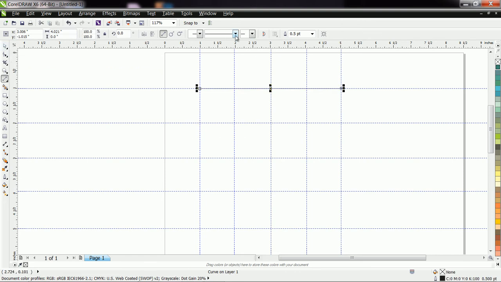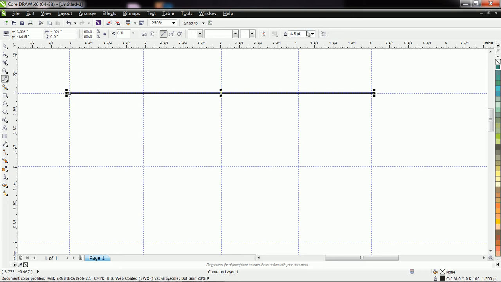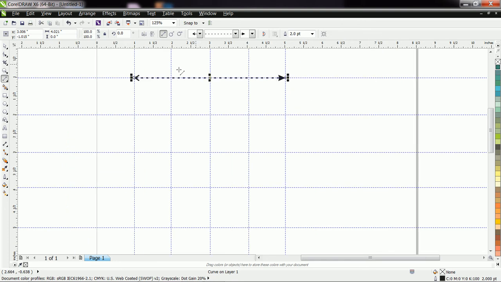You can also set the properties of this straight line. You can also change the width as well as the type. If you want a dotted line, dash line, like this. If you want this line for an arrow, then you can also select the beginning of the arrow as well as the end of the arrow. Okay, like this you can create a simple line. Now how to create a shape with the help of lines?